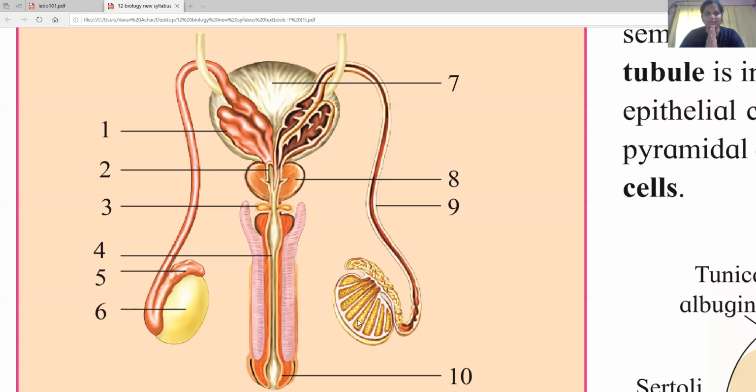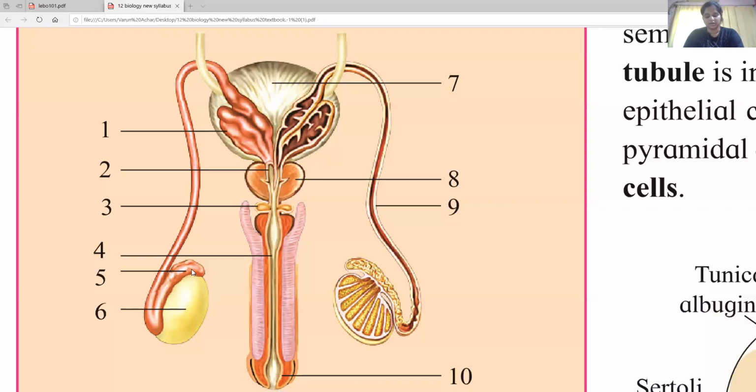Now we know that before the actual motile spermatozoa is produced, we have a cell which is immotile. Immotile means it cannot move and it does not have as much significance as a human sperm. That spermatid will be produced here, and for further physical maturation it goes to a place called the epididymis. Number 5 here is the epididymis. In this epididymis we have three regions: the upper region, the middle region, and the lower region. First the spermatids will go to the upper region,